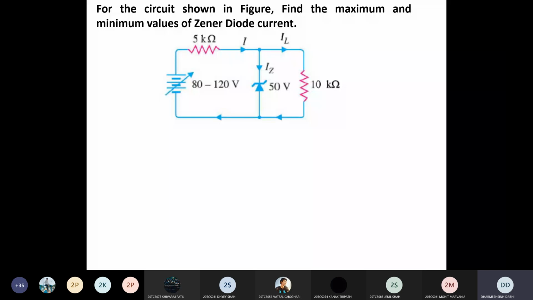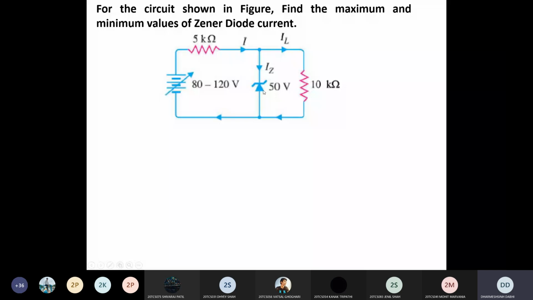So what is the first step when current is flowing into the Zener diode? First, the on and off state. Clear? So when is it on? When your supply voltage is more than the Zener voltage. So in that condition, your Zener diode acts as a what? Battery, and the voltage of the battery is what? Equal to the Zener voltage. Here the Zener voltage Vz is given as 50 volt. And it acts as an open circuit or off switch when the supply voltage is less than the Zener voltage.